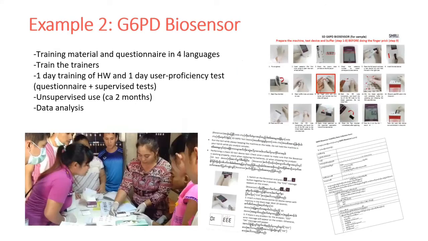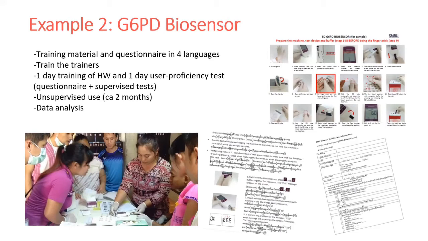And so we follow the same approach I explained before. We prepared the training material. In this case, we have to translate every material from English into 3 other languages that are the local languages spoken by our health workers. We prepare a simplified SOP made only with pictures and very simple explanation. And we use mainly this for training and for visual aid during the testing.